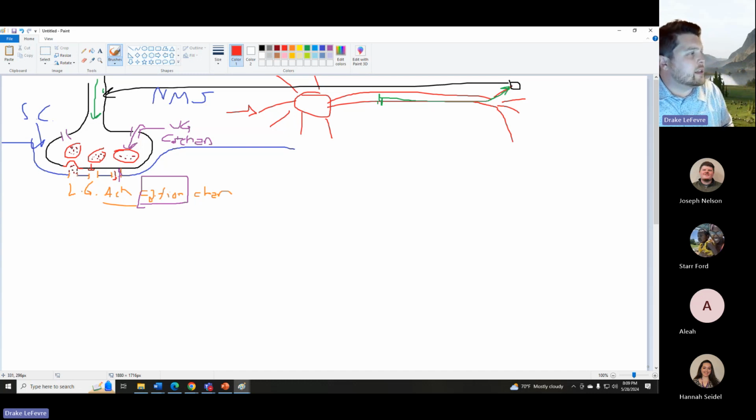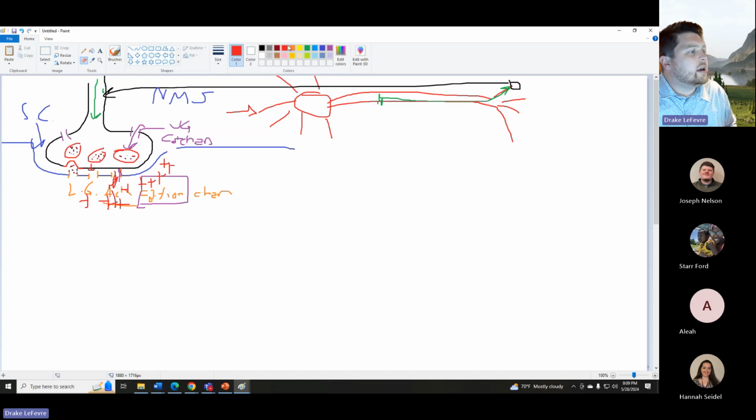Now, all of that sodium that's rushing in makes all of this area more positive. And as the sodium comes in, it kind of bleeds over off to the side and off to the side,